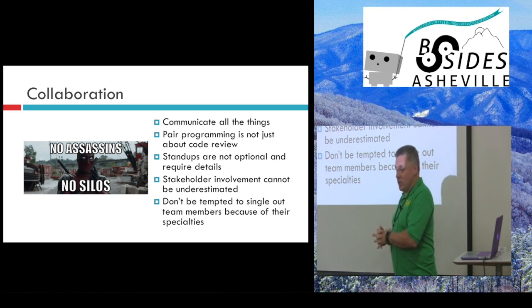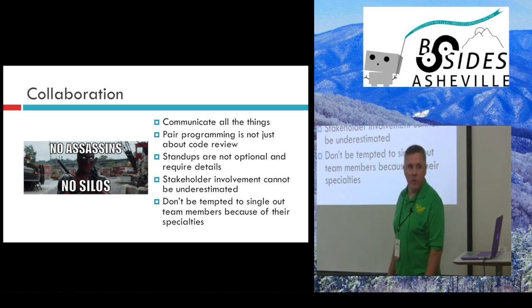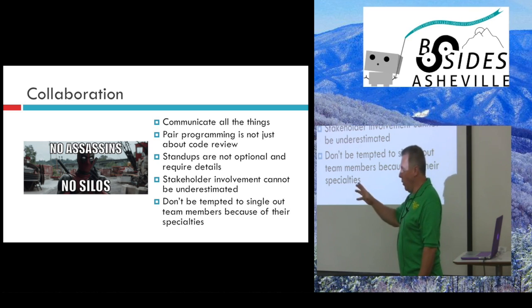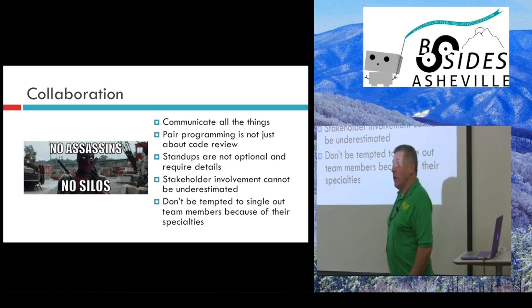Pair programming is not just about code review. It's about coming up with different ideas. It's also about bringing up the new guy on the team, or somebody who wrote something awful like C#. Get them into the Java world, so that the team can actually develop, so that you're all Swiss Army knives able to do the different pieces of it. If you don't, as soon as I win the lottery, I've got a ticket for tonight, then the team's going to be in trouble because they're not going to have that skill set anymore.